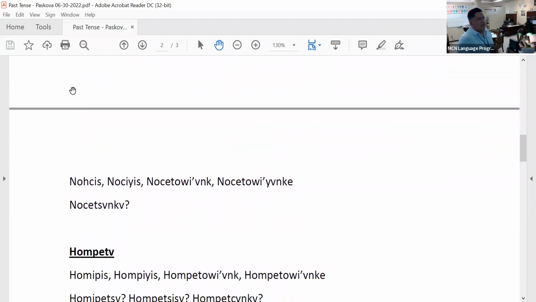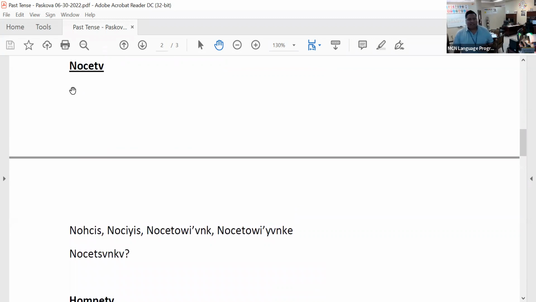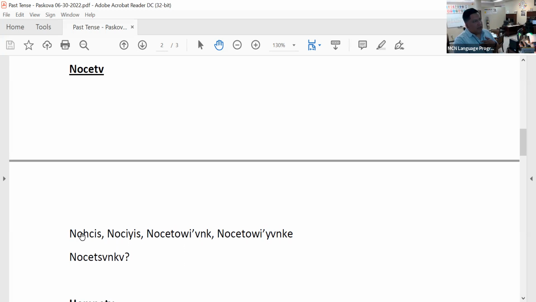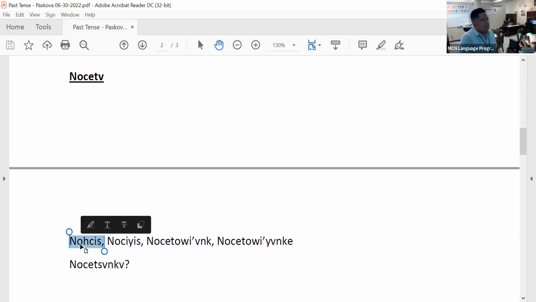Went to a separate page there, so I cut out the part where it's the second person, like you are sleeping or you were sleeping, because it's not said too often. It's more of a question. So we'll go over the first person one where I was sleeping. No jazz. This no jazz with the H in the middle of it. That one is said, but I don't hear it too often when I hear people talk with this H, because the H sound is kind of hard to hear for me, honestly. But in the book, it'll show that H is how to make something past tense.